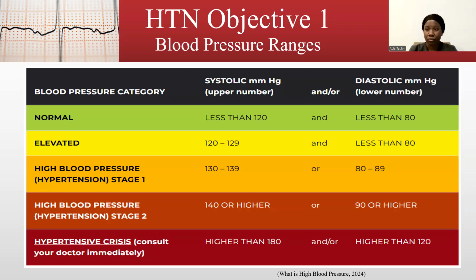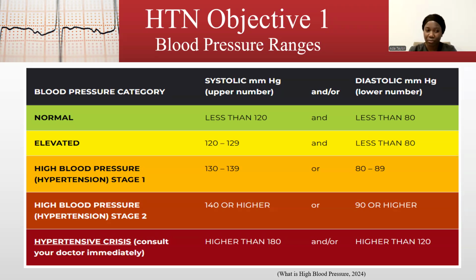What do I mean? When you take your blood pressure, you have two numbers. One is on the top, one is on the bottom. The top number is called the systolic and the bottom number is the diastolic. For normal blood pressure, the systolic is less than 120, and the bottom number, the diastolic,